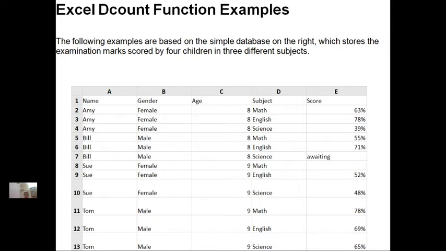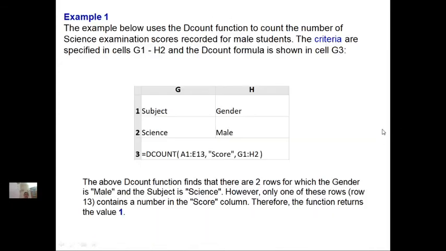It stores the examination marks in 3 subjects: maths, English, science. Okay, and this is the score; he is taking an example here. Let us go to the next slide.